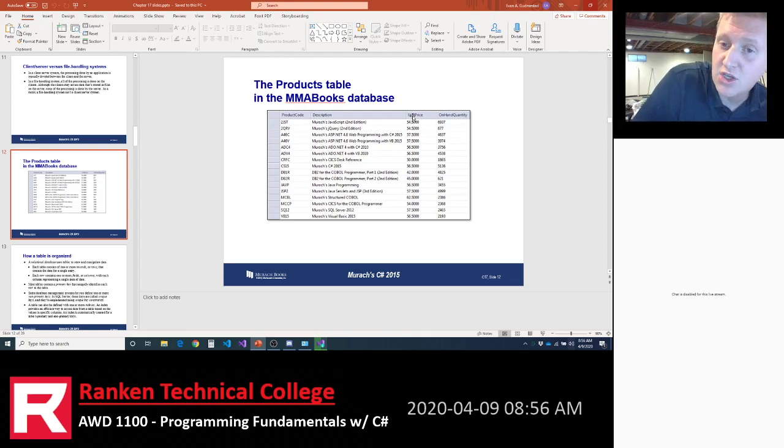A constraint on the unit price column might be that unit price cannot be negative. That's a rule on that column that says you cannot insert a negative number. And if the application tries to insert a negative number, the database throws an error.